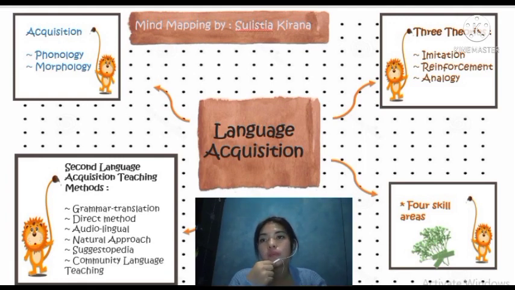Next, acquisition of phonology and morphology. From the phonology side, a child's error in pronunciation is not random but rule governed. Typical phonological rules include consonant cluster simplification, the devoicing of final consonants, the voicing of initial consonants, and consonant harmony. But from the morphology side,